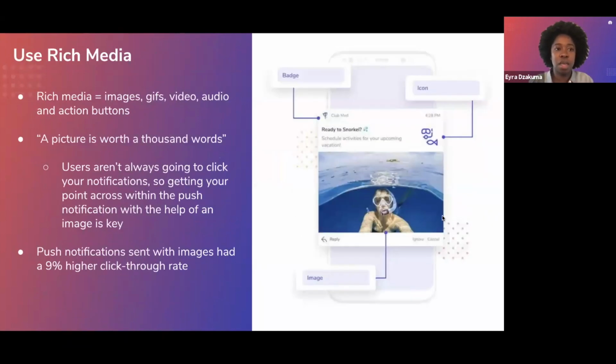Okay. Next, we definitely encourage you to use rich media in your push notifications. So rich media is just classified as images, GIFs, video, and even audio or action buttons. And the reason for part of this, as I noted here, I think we are all familiar with the age-old saying, a picture is worth 1,000 words. And frankly, sometimes, your users aren't always going to read even the short blurb, the copy that maybe you'd written, or they're not